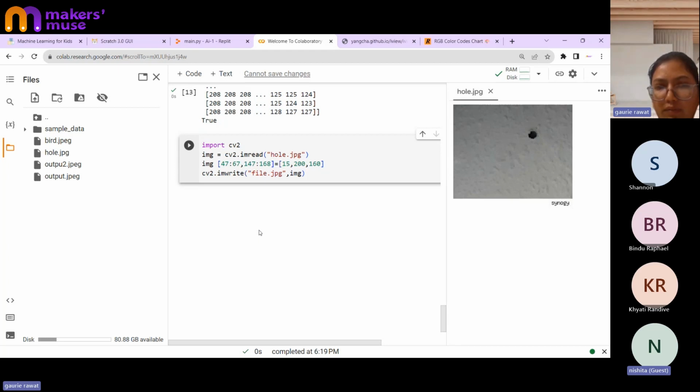We have never worked on all this, and we never worked on Python as well. So it has become so difficult for me to understand how it is going on. You are talking about image processing, correct? But what is the application of this actually? I hope I'm making myself clear.